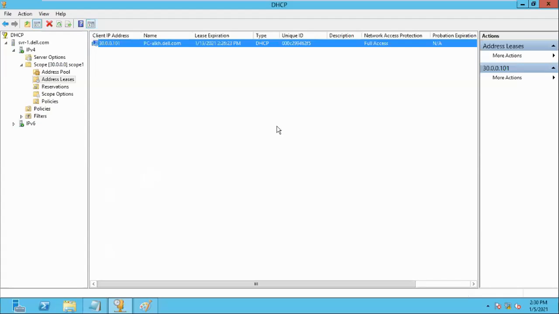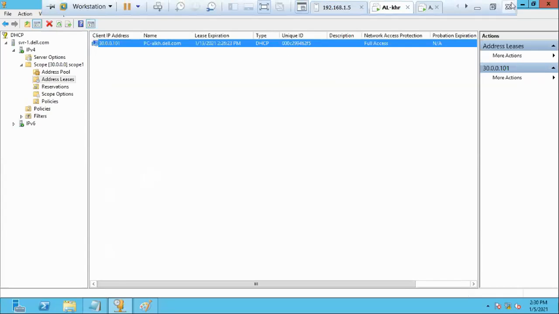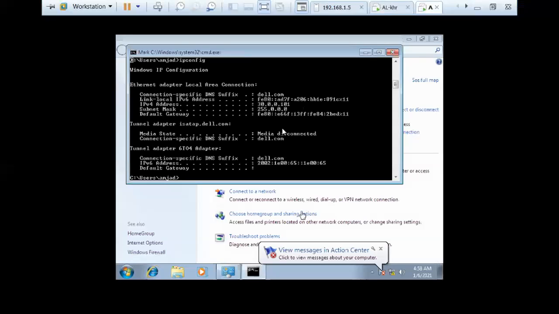He is providing the IP address. Clear? And here 62F5, that is the MAC address. Let's confirm the MAC address.